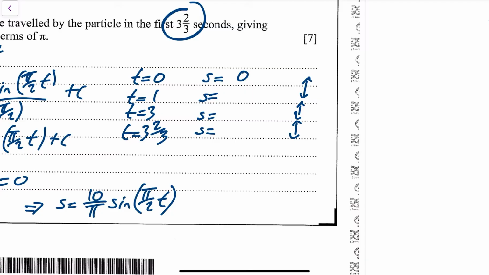Okay, what was it? 10 over pi. So you're putting this into your calculator. So 10 over pi, and then what was it? It was sine of pi over 2. I'll just put in the times the 0 first of all, just to check, and that is 0. Then you're putting the 1, so I'm going back in and editing the 0 to 1, and I got to whole pi the decimal places